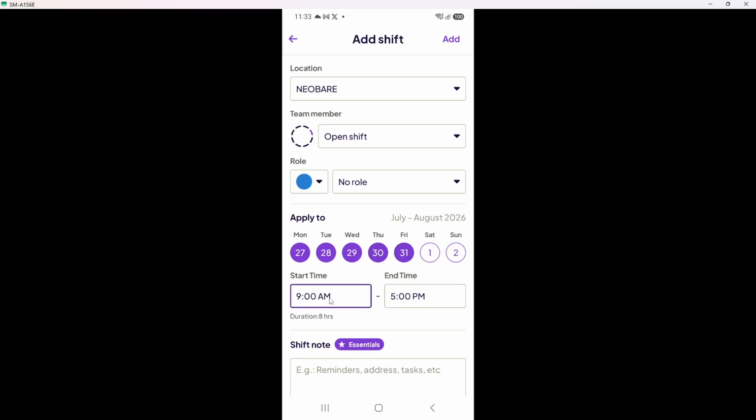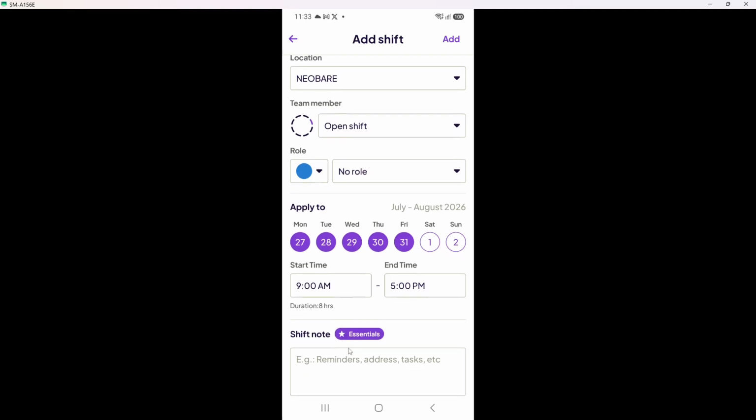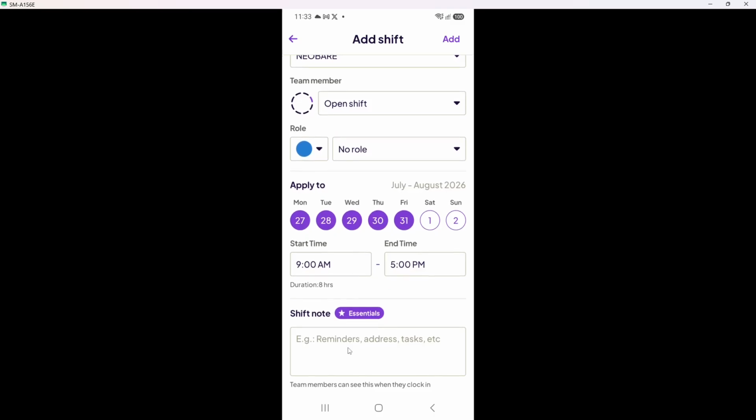After that, choose the role or location. This tells the system what job this person is doing during that shift, such as front counter or kitchen, or which store they are in. Picking the right role helps you later when you filter the schedule to see staffing by position.